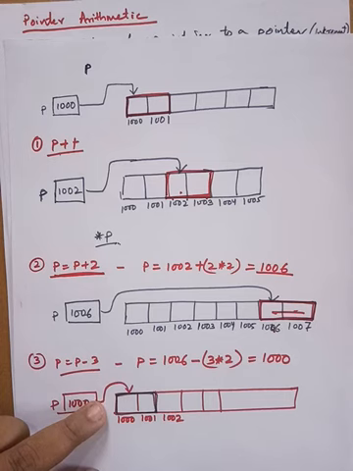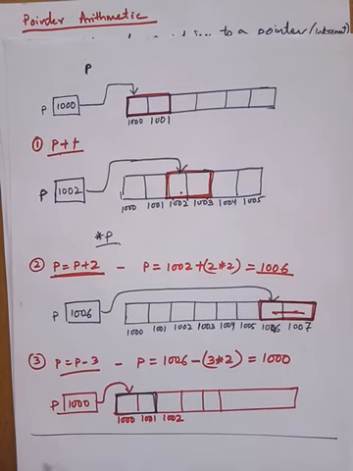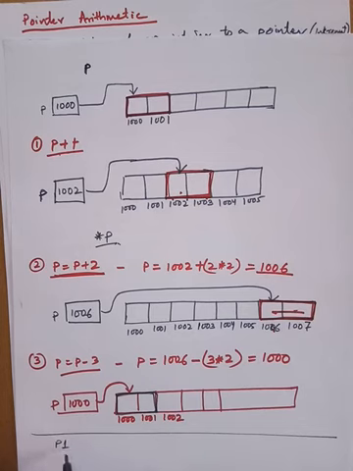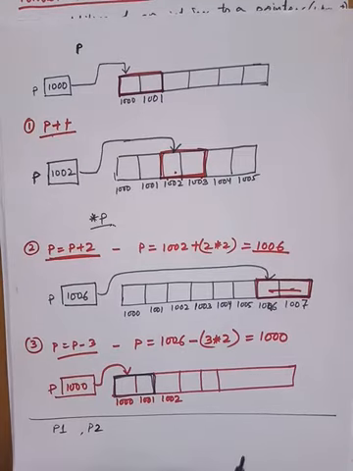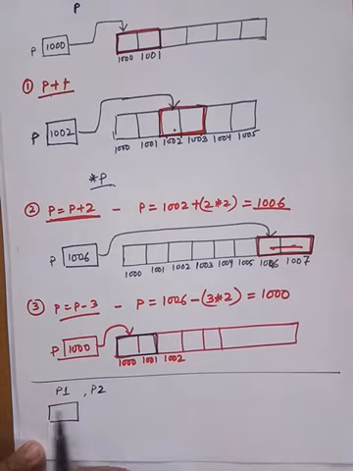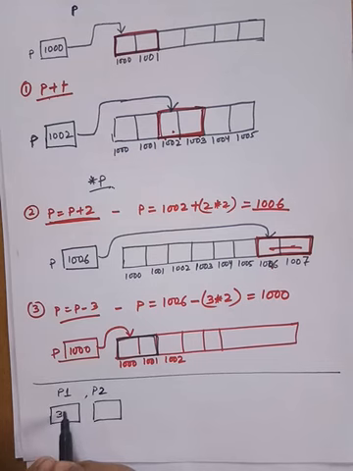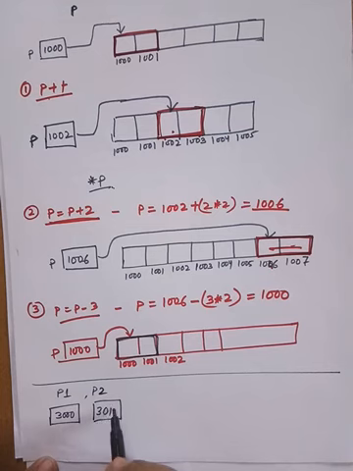If we have two integer pointers, we can take one example. Suppose p1 and p2 are the two integer pointers containing the addresses. I am drawing the diagram with that. This is for p1 and this is for p2, and these two pointers contain two addresses. Suppose the addresses are 3000 and 3010.